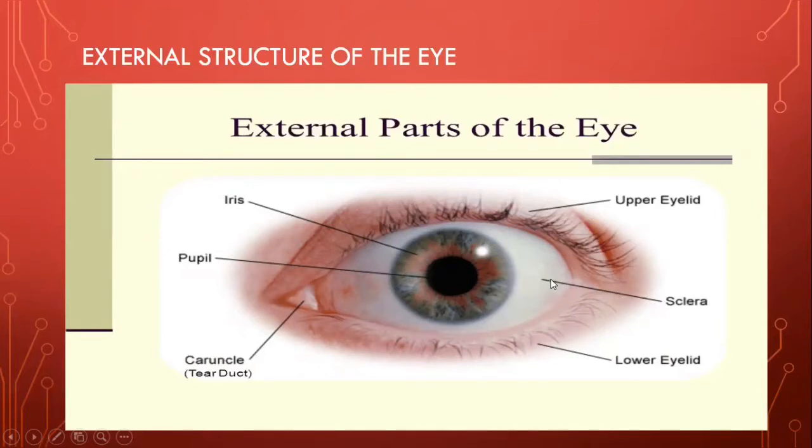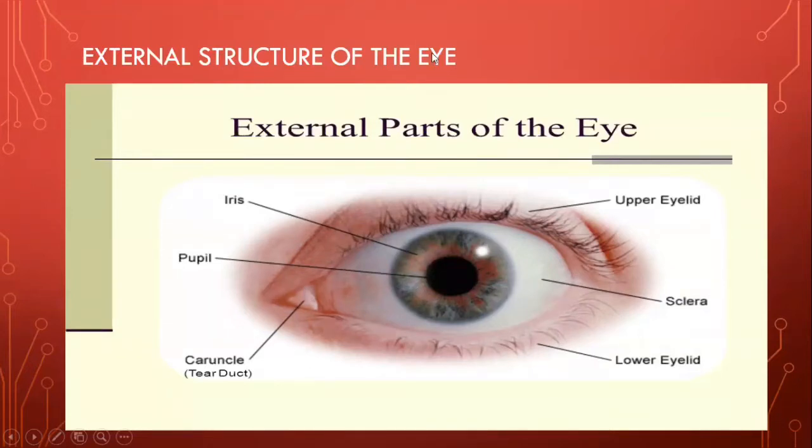However, think of the eye as an eyeball and the sclera as the outer coating of that eyeball. So the sclera is present throughout this whole eyeball, but we are only able to view it over here. This prevents any mechanical damage to the inner structures of the eye. Then we have the iris. As we have already discussed, the iris controls the diameter of the pupil, and the pupil allows the entry of light, and the tear duct is where the tears will come out.